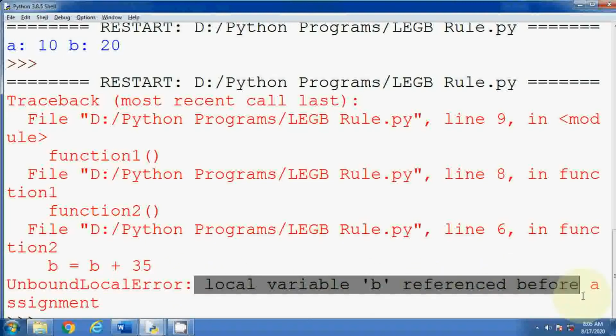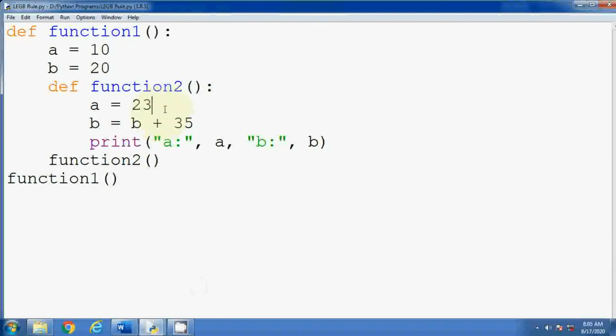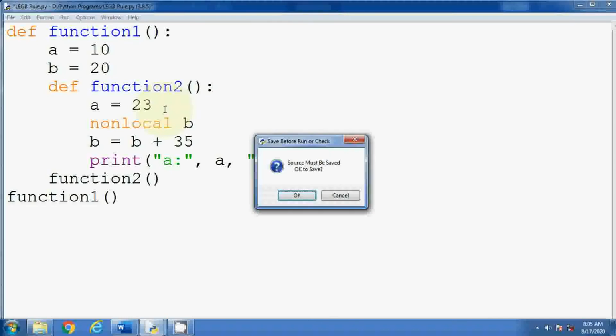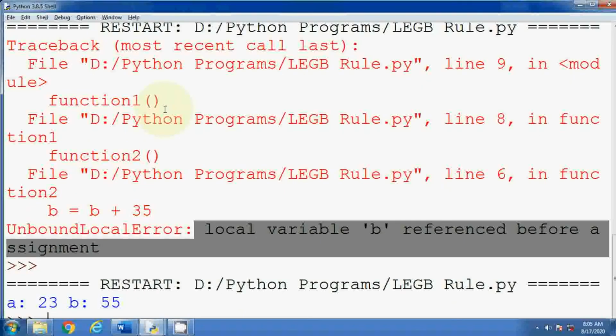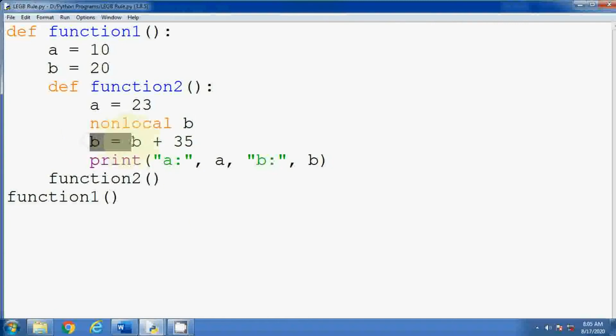So in this case, we have to use the nonlocal keyword to use your enclosing variables. Here we will write nonlocal. So simply use this keyword and see the magic. See, now that enclosing variable is also used here, the variable names are similar. Here you can see, and it can be modified also. So this is called enclosing variable.